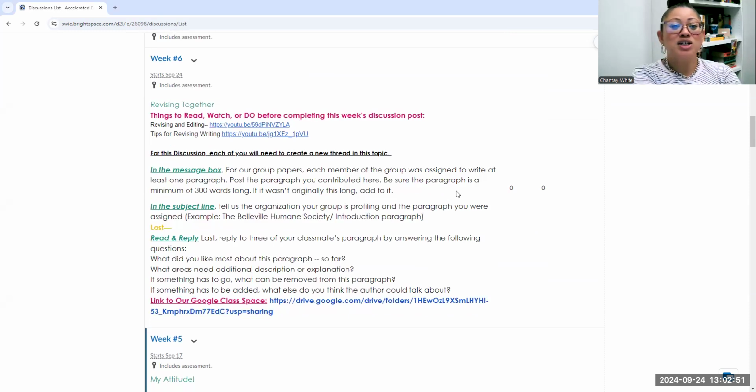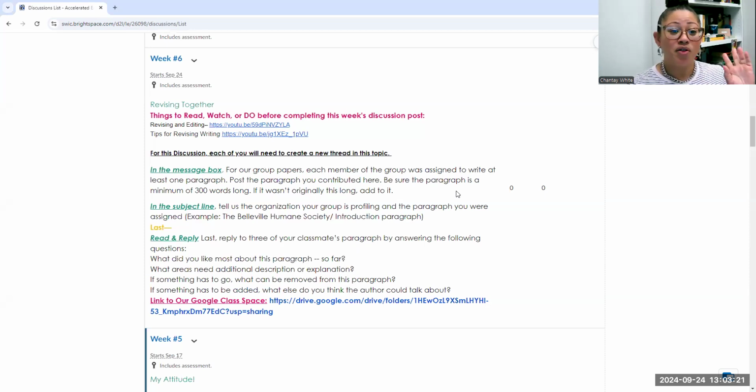As you know, in English 101, this is the week where you are writing, drafting, and then revising your group papers. So in our conferences last week, all of the groups assigned paragraphs and sections that everyone was going to write and then dump into their Google Doc. We are going to take those paragraphs, whatever the paragraph that you were assigned to write, and post them here in the discussion board so that we can get feedback from our classmates in peer editing.